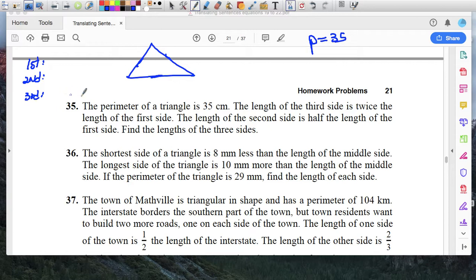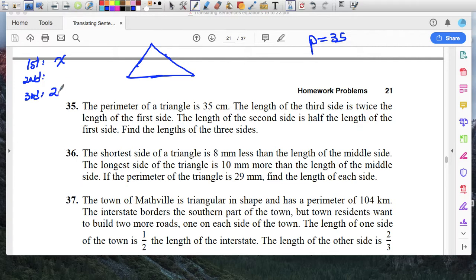So in this picture, I'm going to label this as x. This is going to be x divided by 2, and this is going to be 2 times whatever x is. Those are the lengths of my triangle represented by a variable. Now, I can take that information and do this: x plus x over 2 plus 2x equals